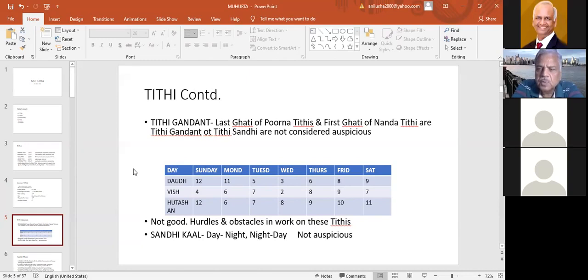So they made a principle that whichever tithi is in operation at the time of sunrise, that will be declared as the tithi of that day in the panchang. For example, suppose in the panchang we write today's tithi as Panchami. If sunrise is at 6 o'clock, and even if it ends at 6:02, we will indicate today as Panchami tithi, not Shashthi tithi.